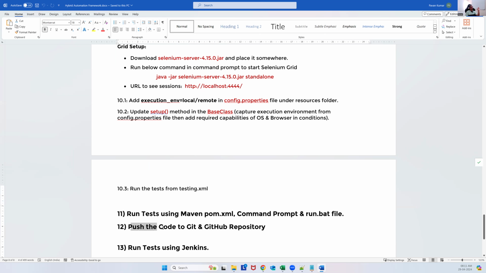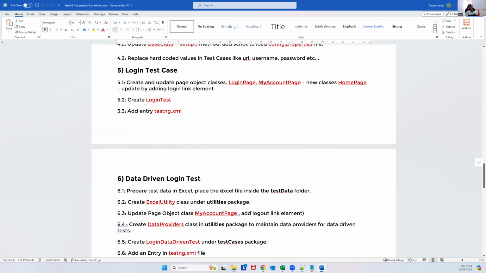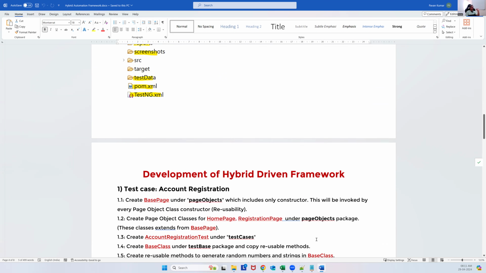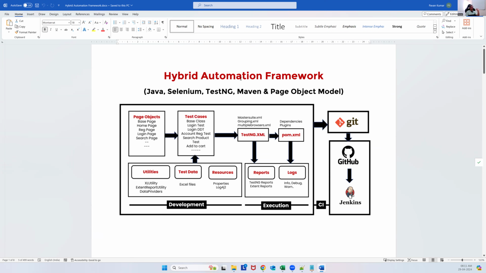Then how to push our code to the Git and GitHub repositories. And finally, how to run our entire test suite from Jenkins. So these are all step-by-step processes. In the next 4 to 5 sessions, we will spend a good amount of time to develop this particular framework. The entire framework we are going to develop. Once it is done and the framework is there,